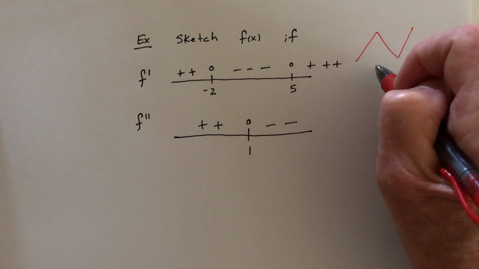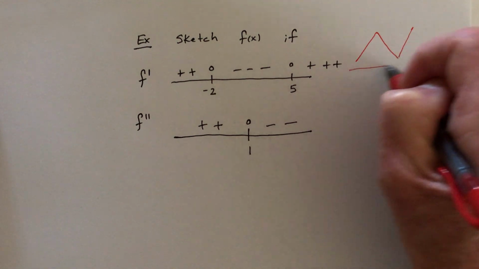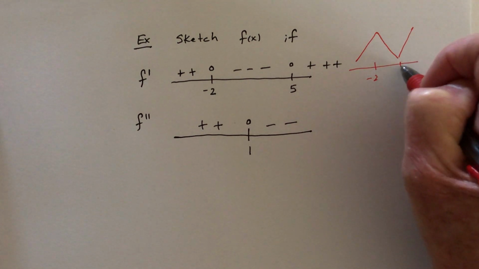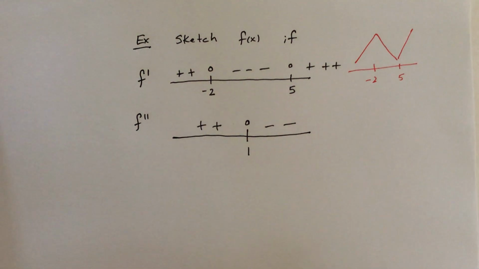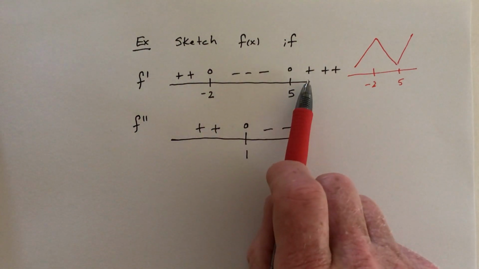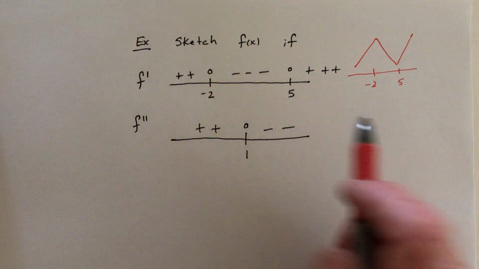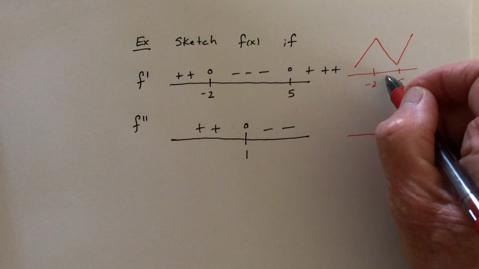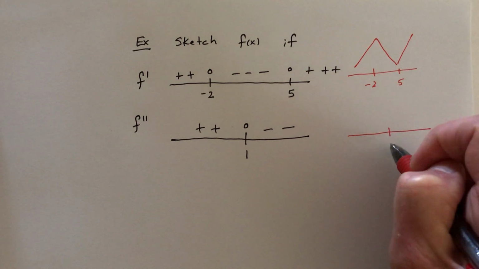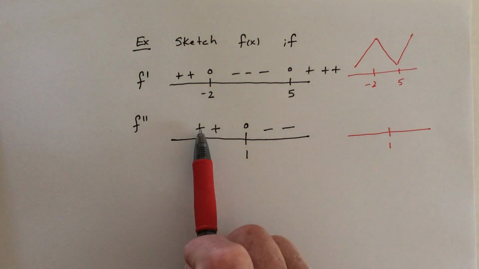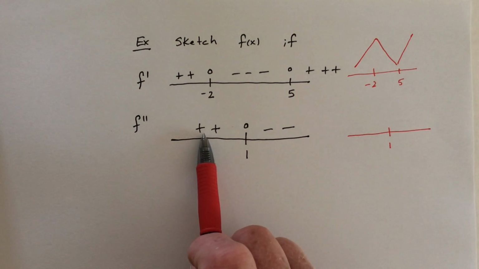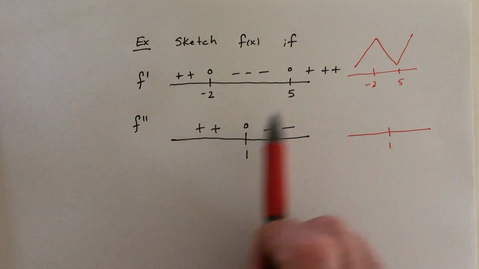And right here is x equals -2, and right here is the 5. That's what I'm reading off of this. And as far as the second derivative, 1 would be somewhere between there. Here's 1. And this part is saying that this is concave up, and that's,